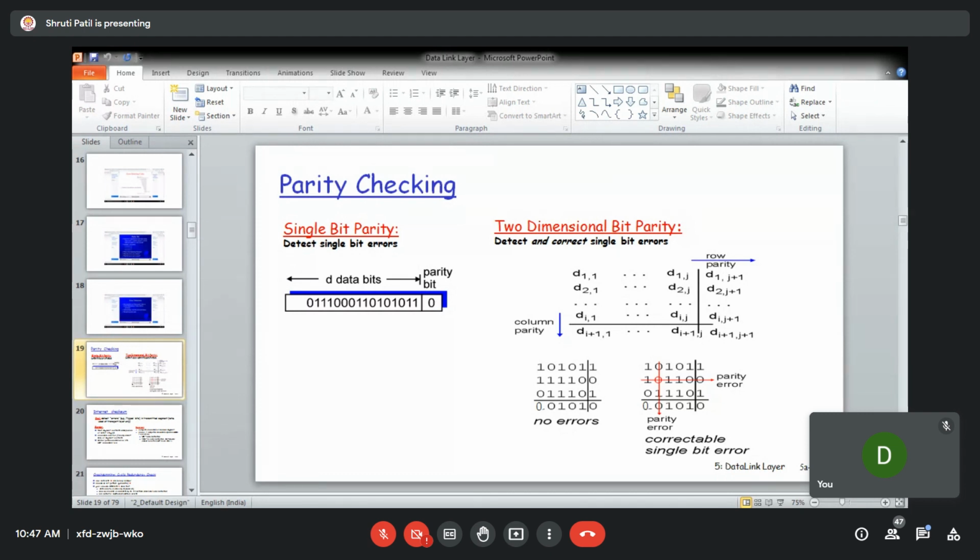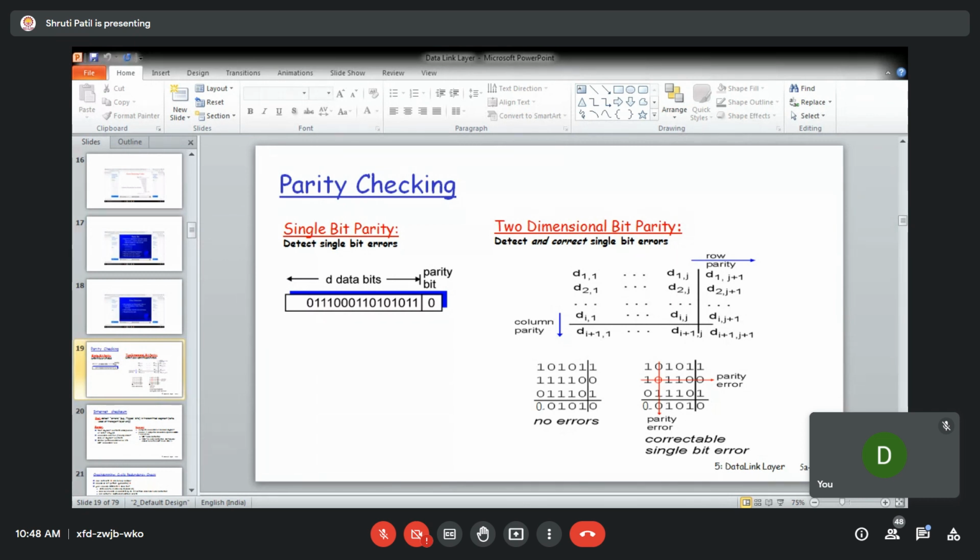Whichever polynomial is used at the transmitter end, the same polynomial will be used at the receiver end, and again it is going to calculate the CRC bits in the similar manner. And it is going to check whether whatever is received is right or wrong. Okay, if the CRC changes, that means it will identify that it is having error.